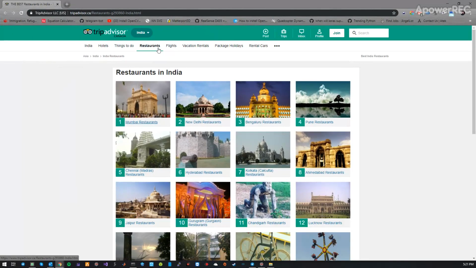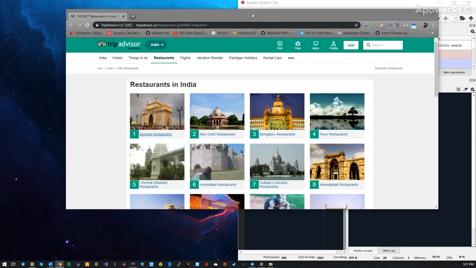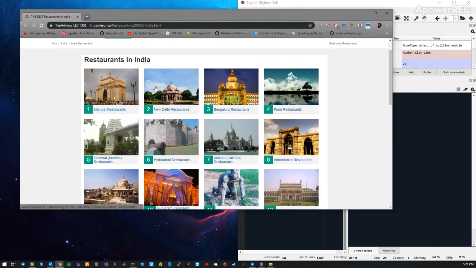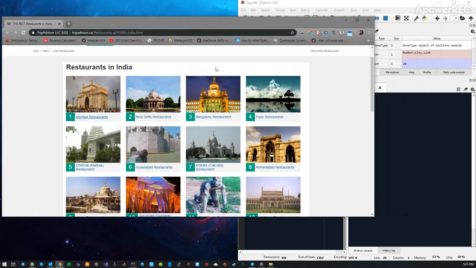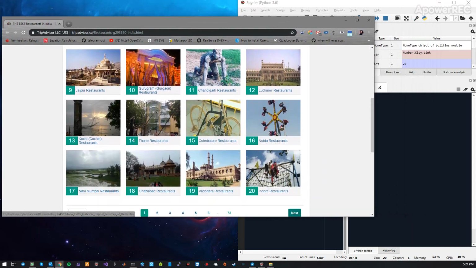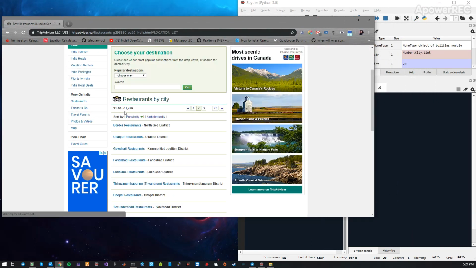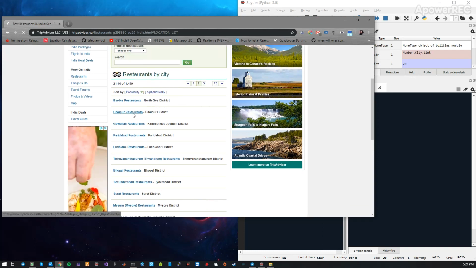Hello everyone. Here in this web scraping, we are going to find restaurants in every city in India. For example, here we have cities, all cities in India. There are 1,459 cities, and each city, for example, this one